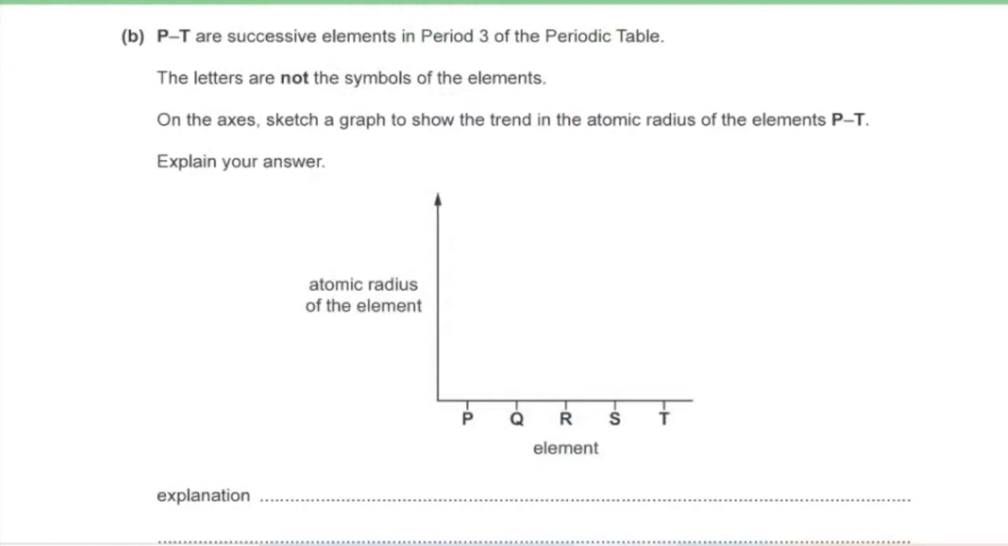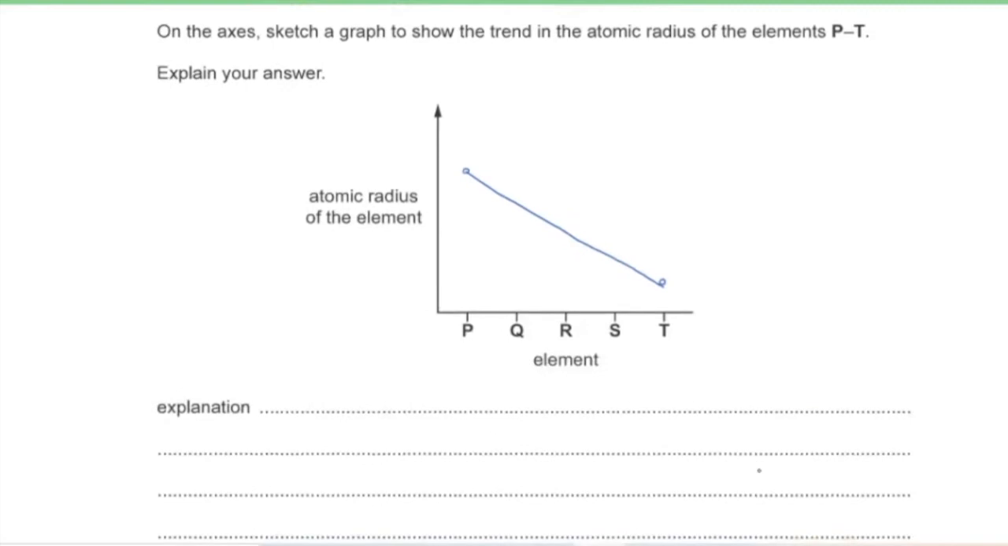Part B, P to T are successive elements in period 3 of the periodic table. The letters are not the symbols of the elements. On the axis, sketch a graph to show the trend in the atomic radius of the elements P to T. Explain your answer. So atomic radius decreases along period 3, so we'll have a negative gradient slope, with P having a much greater atomic radius, and T among them will have the smallest atomic radius. There's going to be a straight line but with a negative gradient,